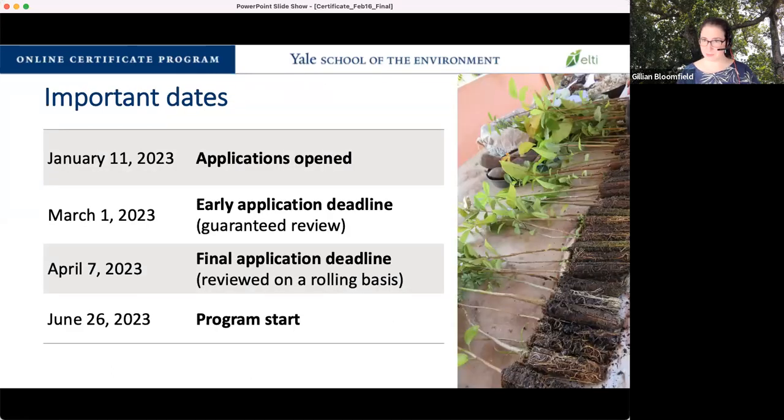My last slide for this part are some important dates. So applications opened on January 11th. Then we are having our early application deadline on March 1st. And what this means is that if you apply by March 1st, you will be notified ideally before the end of March about your